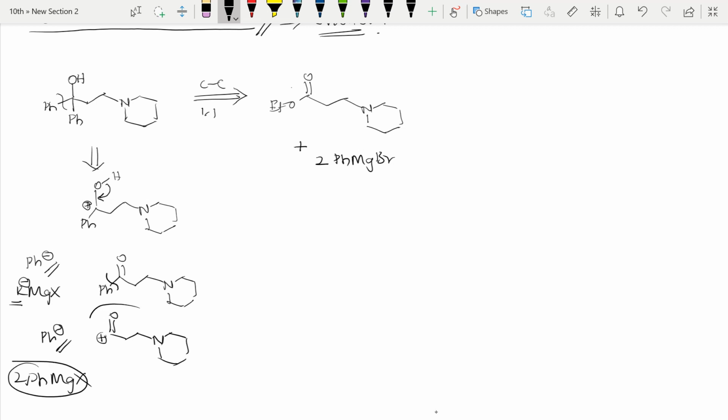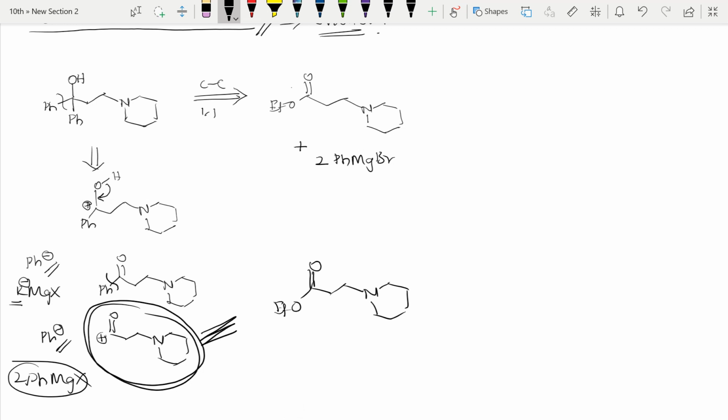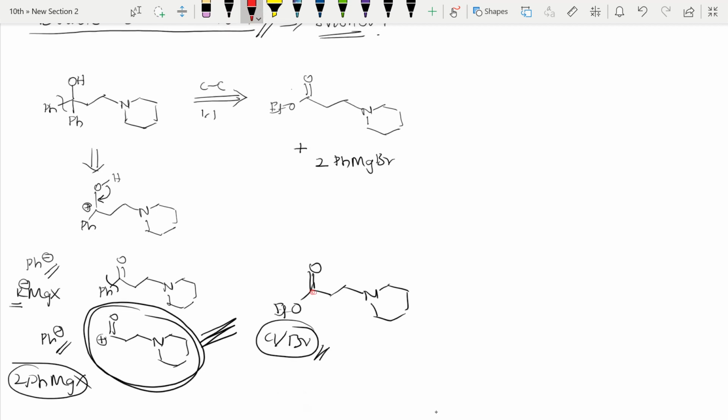Here, this compound you can observe, which I am rounding now. Here it gets positive charge. So can I put an equivalent reagent like this? One OEt group I will put, because it is a good leaving group, not as good as chlorine or bromine. But the problem with chlorine and bromine is these are very reactive. What they make is, they make this carbon, which I am showing with the red arrow, more electrophilic if chlorine and bromine is there.